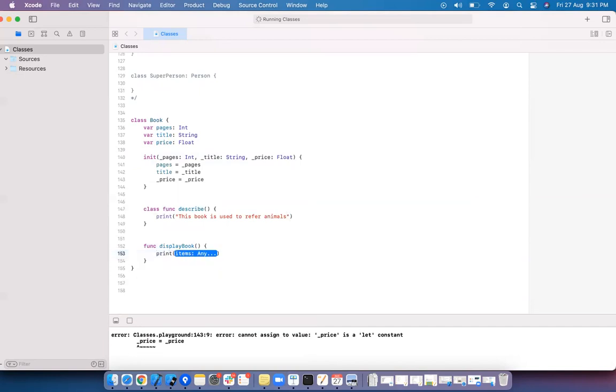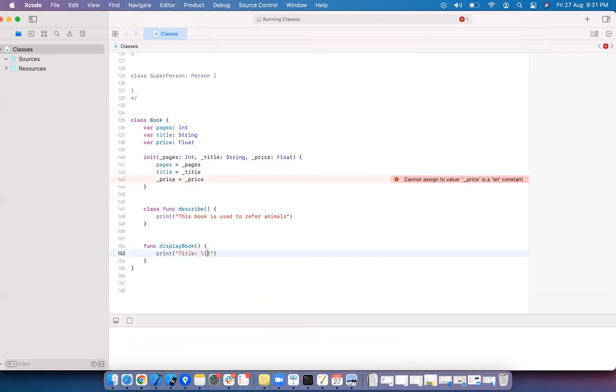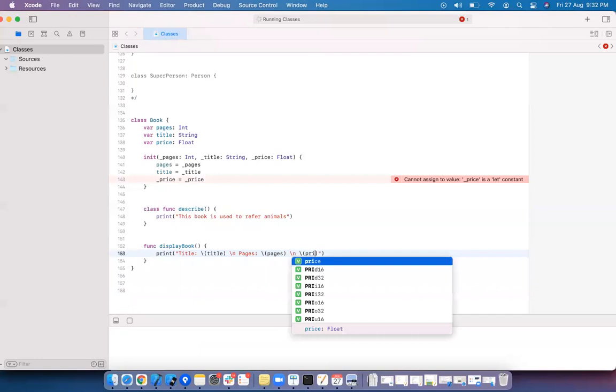I'm trying to print title is title, backslash n, pages. Backslash n means new line.